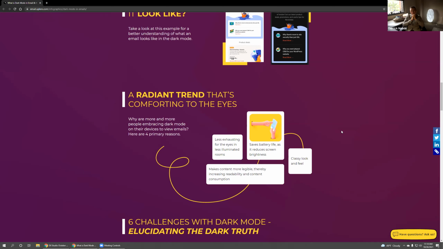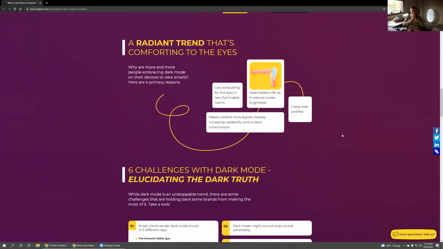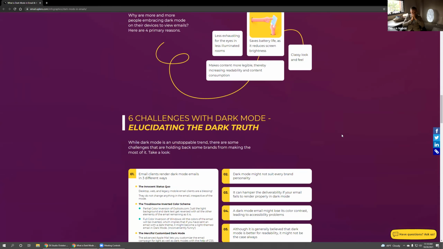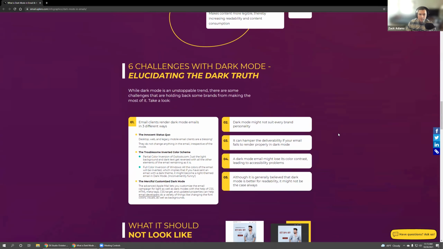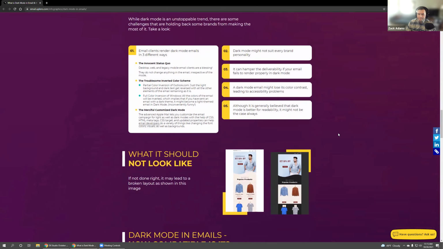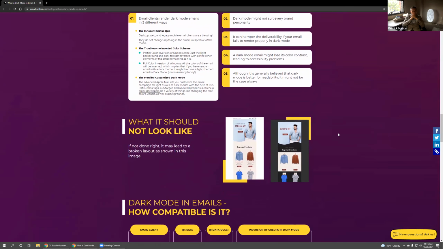It's hard to keep up with all the work we're doing and then redesign all of your emails for dark mode, but it's something we need to do. I would definitely keep it in mind. Yeah. Can you force a white background with dark mode? That was kind of the thing I was worrying about. If I chose an image that was white.